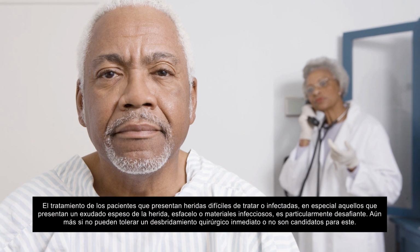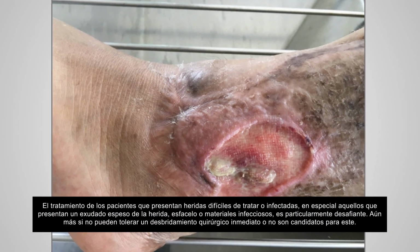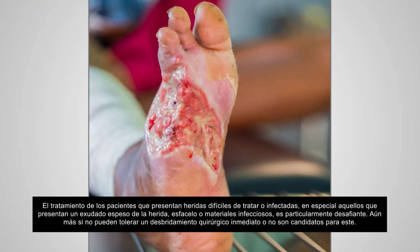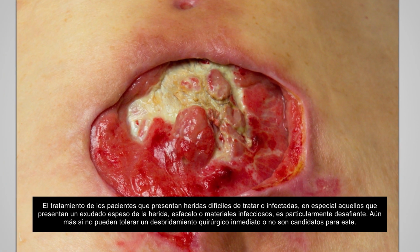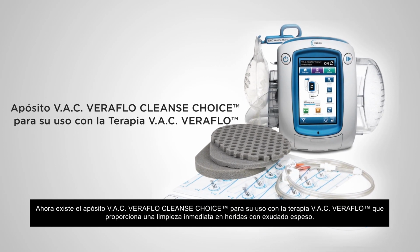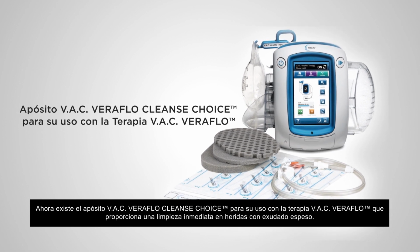Patients that present with difficult-to-treat or infected wounds, especially those exhibiting thick wound exudate, slough, or infectious materials, are particularly challenging to treat, more so if they cannot tolerate or are not candidates for immediate surgical debridement. Now there's V.A.C VERAFLO Cleanse Choice Dressing for use with V.A.C VERAFLO therapy that can provide immediate cleansing of wounds